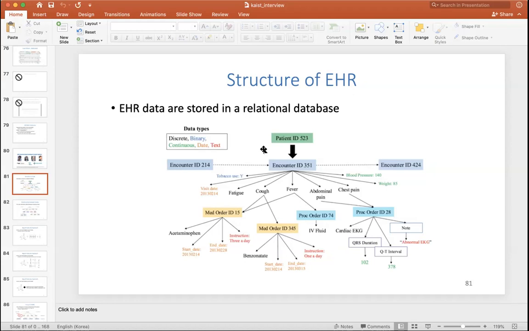So semantically in MIMIC-III, it's not the patients that everything starts with. It's the admissions table that everything starts with. But if